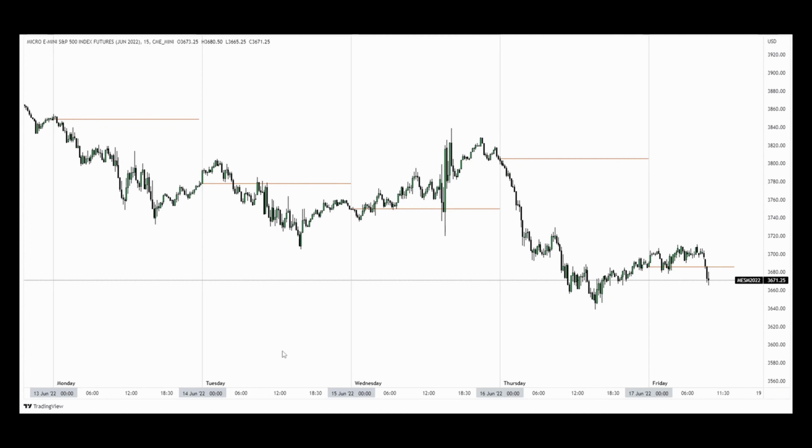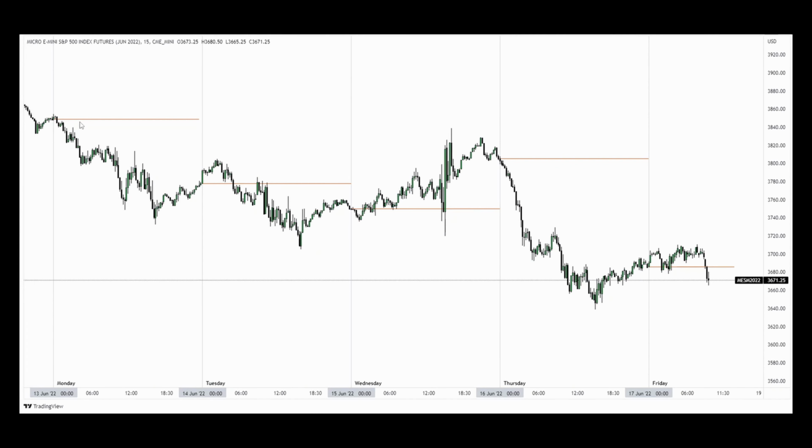Alright, here you can see the micro E-mini S&P 500 chart. This is a 15-minute time frame, and you can see the entire trading week here. This is Monday trading, Tuesday, Wednesday, Thursday and Friday,